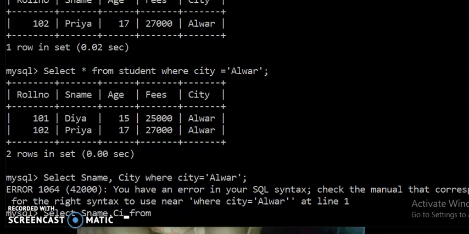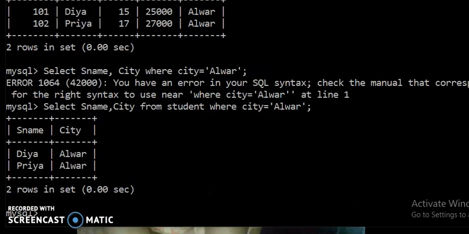Always remember that you have to give the table name from which you want to access the records. So select as name, city from which table? Student where city equals to Alwar. So here this is the output.